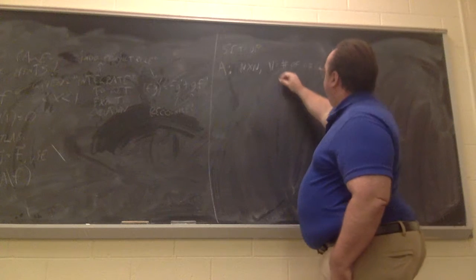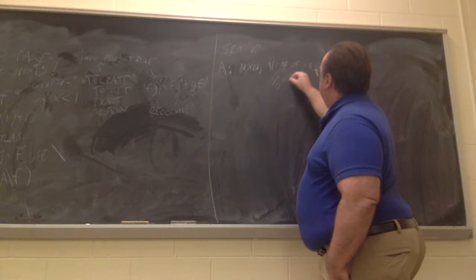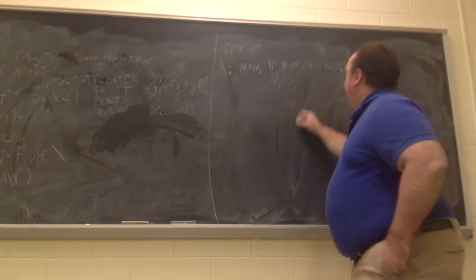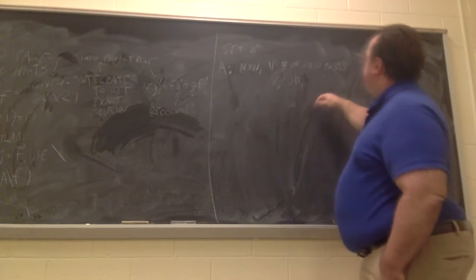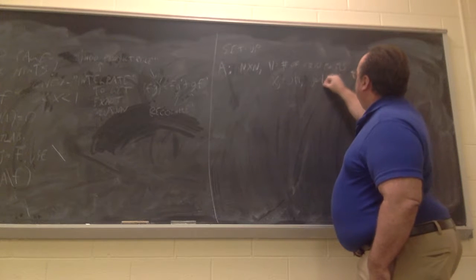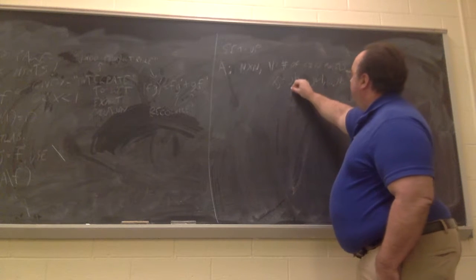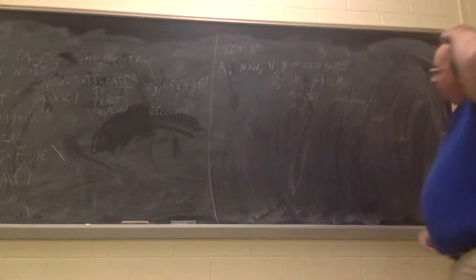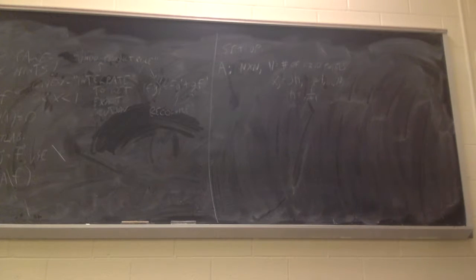Now, the grid points will be j times h. J goes from 1 to n. H will be 1 over n plus 1, because